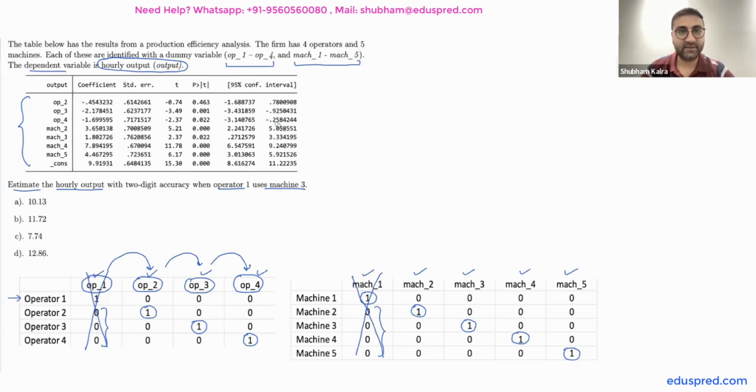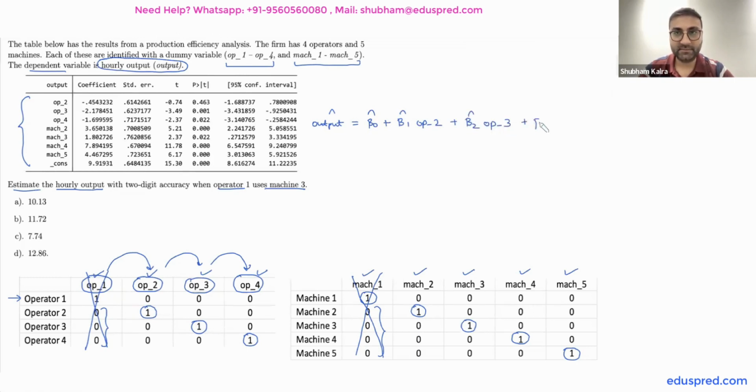So now let's take a look at the equation that we are given. So I'm going to write the fitted equation. The way the fitted equation is going to look, it's going to be output hat equal to, I'm deliberately not writing numbers, I'm writing notations because it would be easier that way. So we can write output hat is equal to beta 0 hat plus beta 1 hat OP_2 plus beta 2 hat